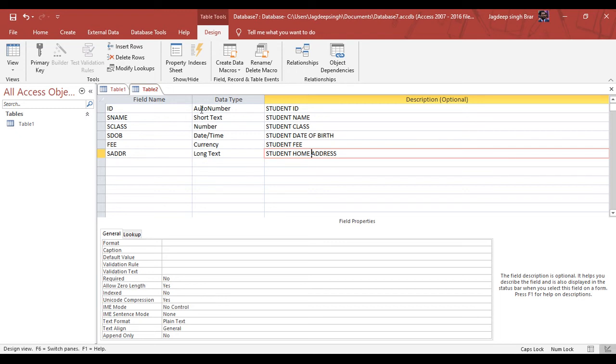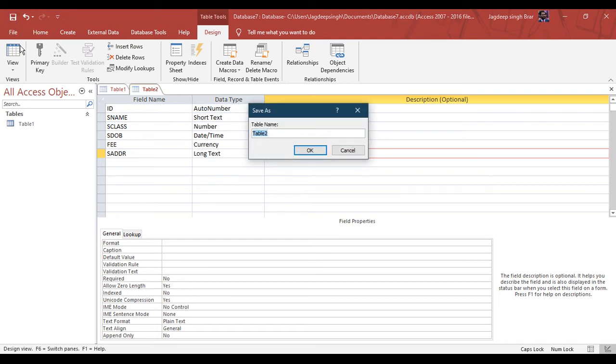So as you define the first column name, then their data types and the description, you need to save this. Click on save button to save your changes. When you click on save button, a new dialog box will appear which asks you to enter the table name.